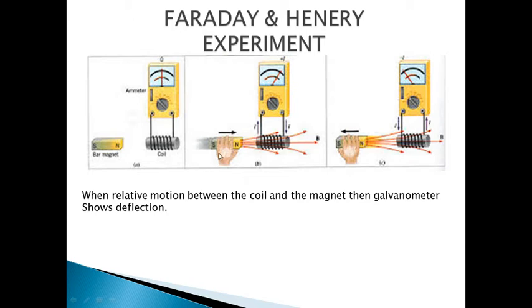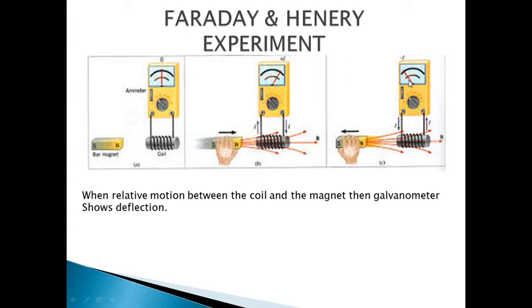Now he observed that when the bar magnet is moved towards the coil, there was a sudden deflection in the galvanometer. Till the time there is motion, there is deflection. The moment he stops the bar magnet near the coil, the pointer will come back to 0. That means 0 current will be there. And when he moves his hand back in the reverse direction, taking the magnet back, again there is deflection, but now in the opposite direction. So whenever there is a motion of the magnet, only at that time is current induced.